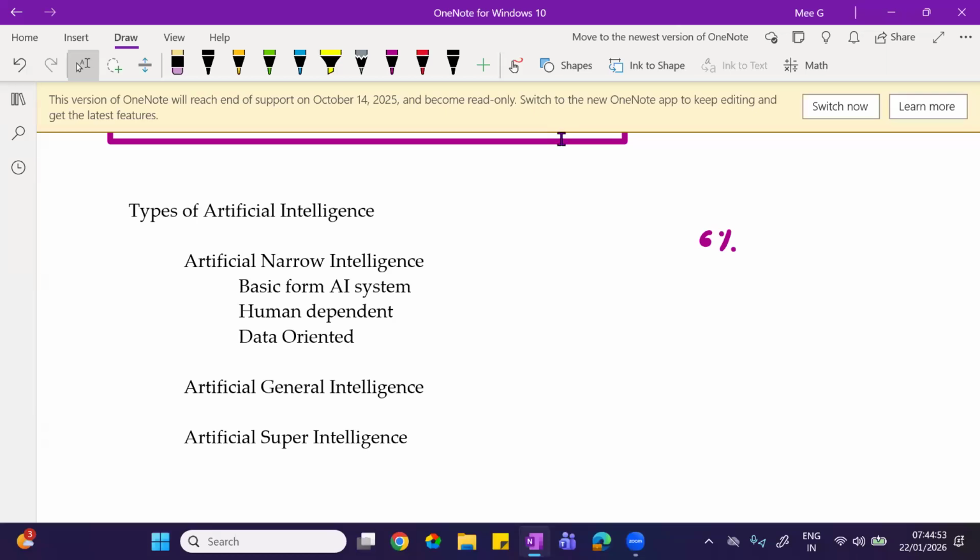Now we are putting baby steps. All the machines you see around you which are powered with AI come under this category. That is narrow intelligence.